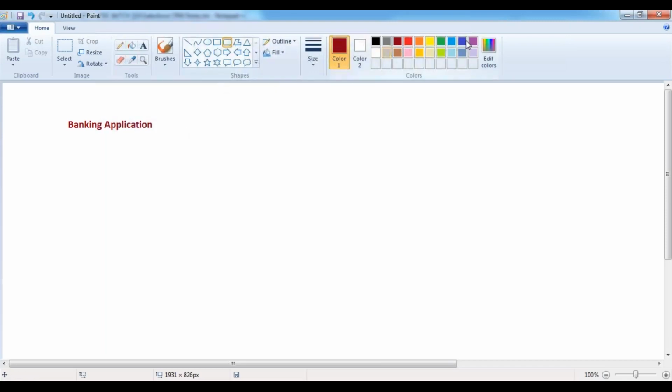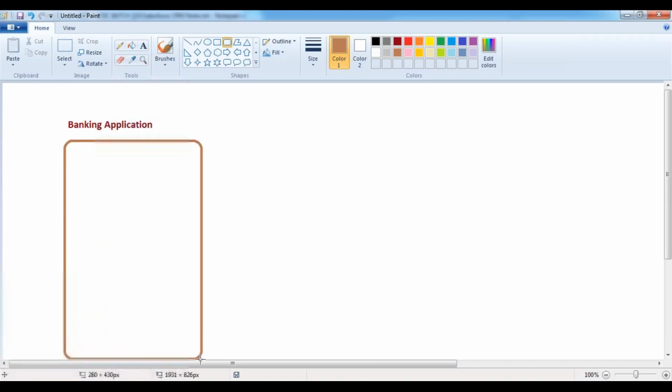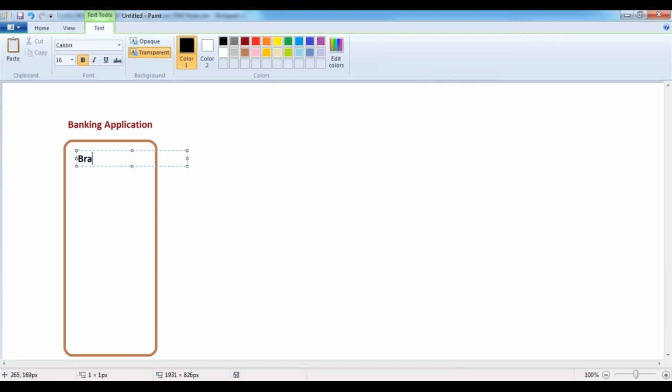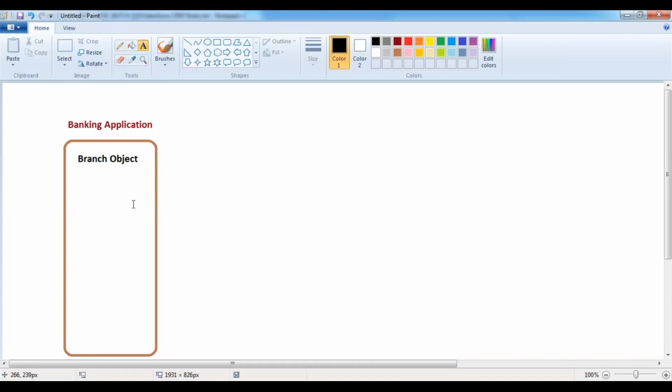As part of this banking application, I would like to create some tables. So what table do we need to store the branches information? We need a branch table. That means a branch object. Table means what? Object. We need a branch object in order to store all the branches information.